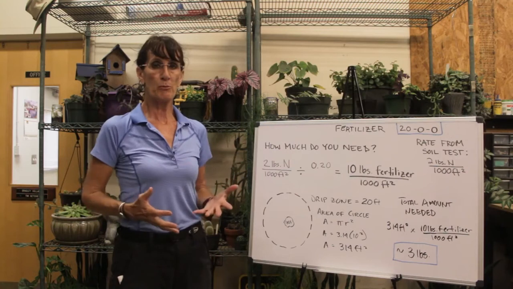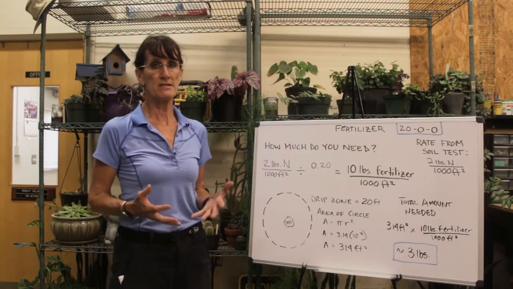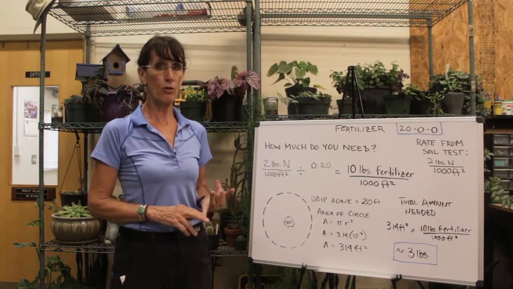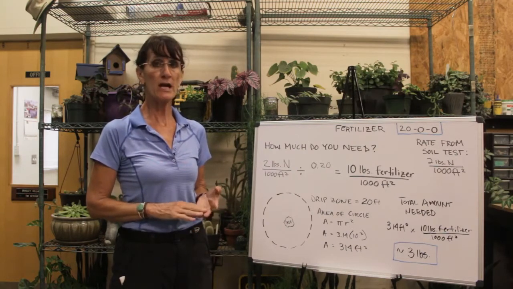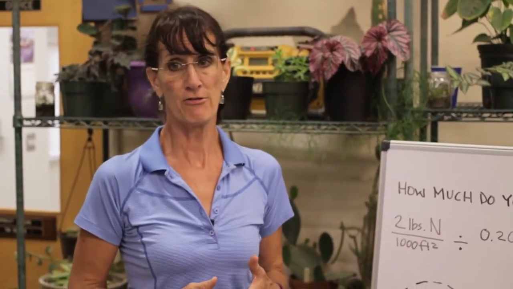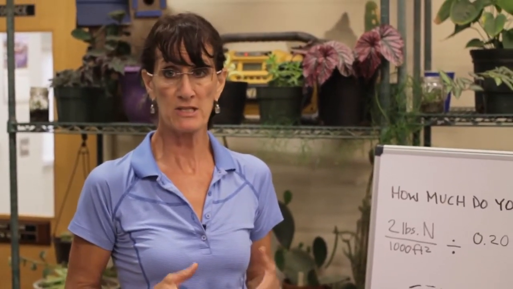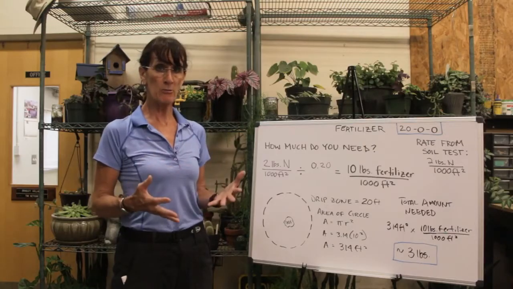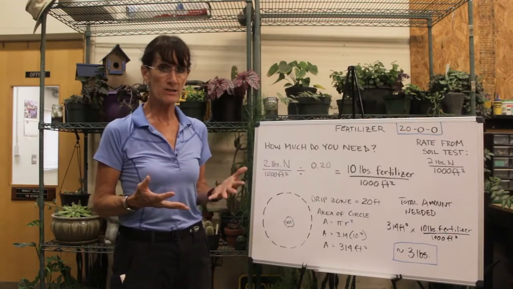So one of the most important parts about a fertility program is selecting the right kind of fertilizer. That can often be based on what the goals of your fertilizer program are and what kind of plant material you are fertilizing. Turf is going to be very different from woody plants because woody plants may not need as much nitrogen in particular. So you're going to look at the bag, you're going to determine what rates are available